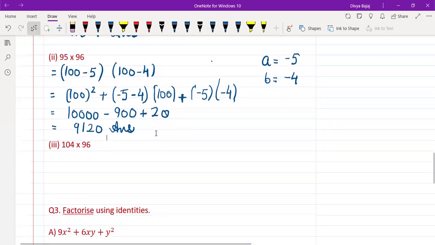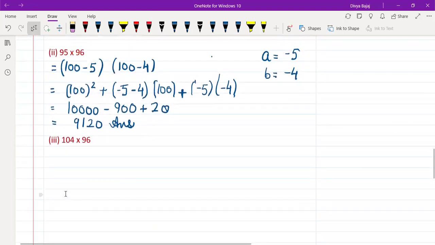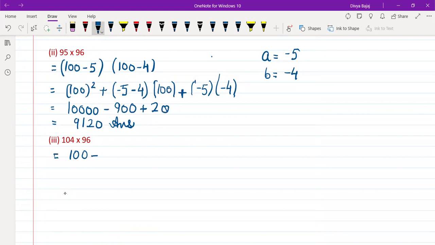We are given one number in the form of 104, which is in the form of 100 something. But the second number is given in the form of 90s. So what we will do in this case, the 104 will be written as 100 plus 4. If you remember in the previous question, I told you to prefer to write it in the form of 100 because it will make our calculation easy. And the second one is given in the form of 90 something. We can write it as 90 plus 6, but we will not do it because in the first term, we want 100. We want the same first term in both the brackets so that we can apply the identity. So it means it will be written as 100